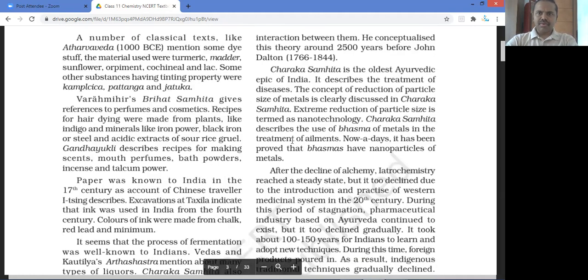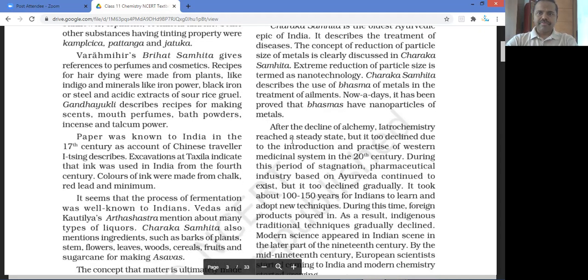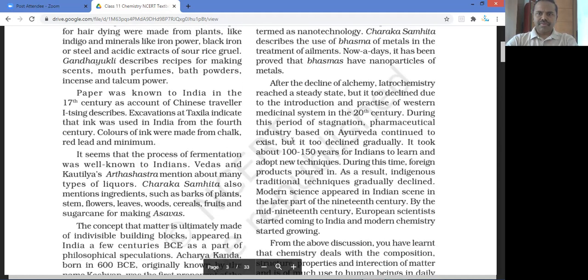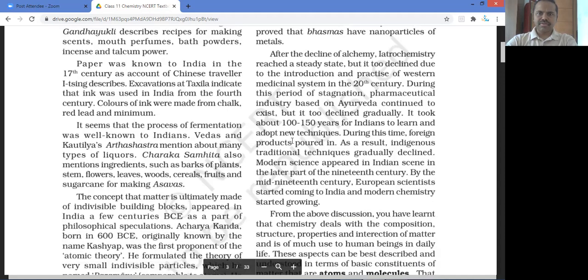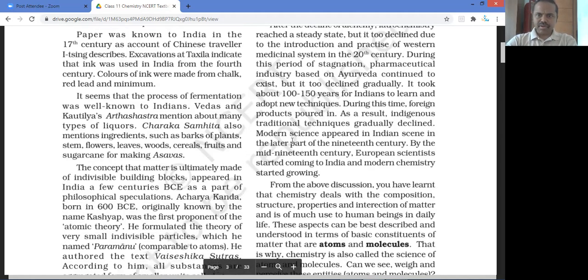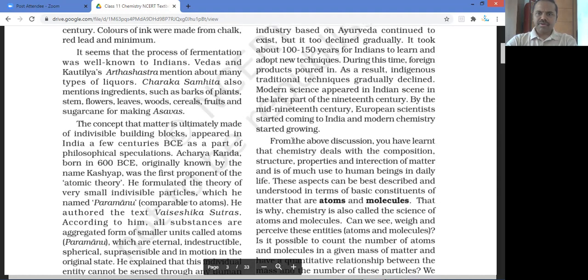Charaka Samhita, an old Ayurvedic epic of India, describes the use of bhasma of metals in the treatment of ailments. After the stagnation, Ayurveda continued to exist, but it declined gradually because of foreign products. In the 19th century, European scientists came to India and modern chemistry started